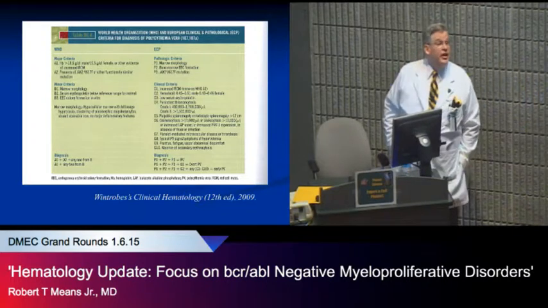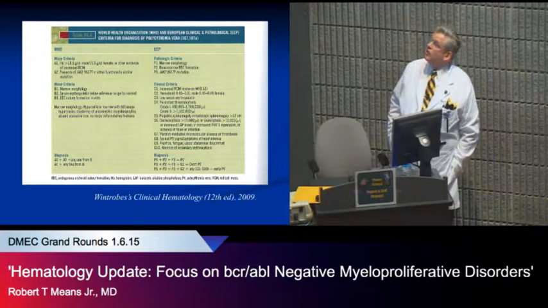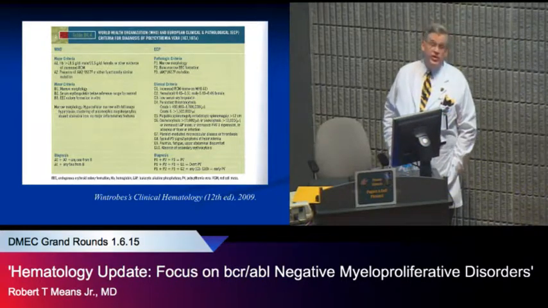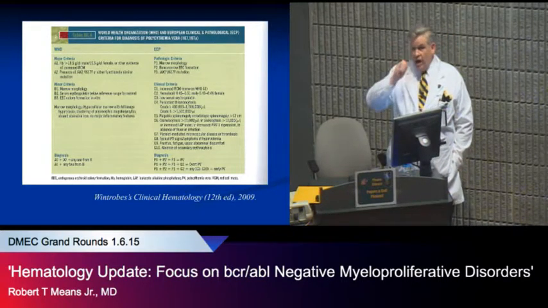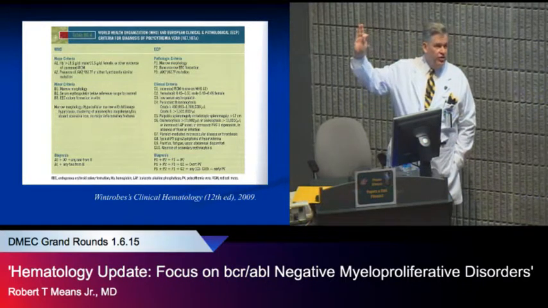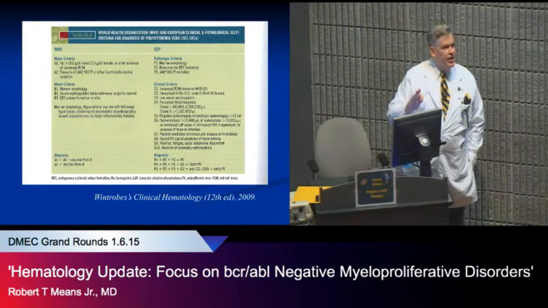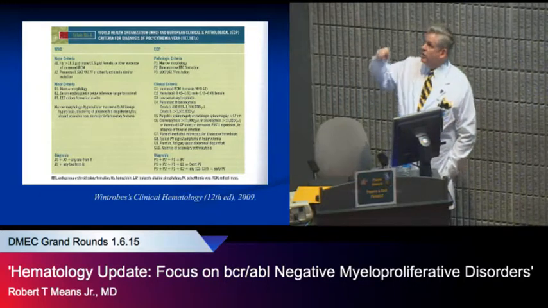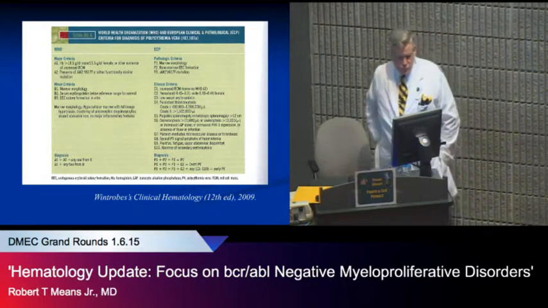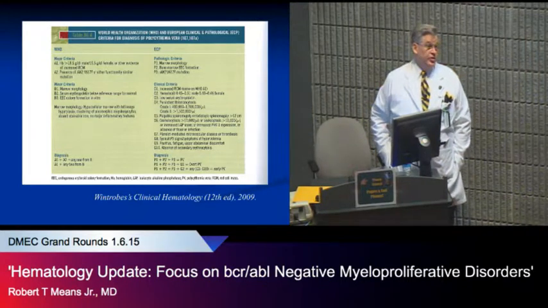And you need to have a JAK2 mutation, usually the V617F mutation, or there are other JAK2 mutations on a different exon that are associated with it. And in fact, the laboratory here in the clinic will send off for that as a reflex. You can order it as a reflex test, so that if it's negative for this, they'll go on and test the other. They also require a bone marrow to make the diagnosis of polycythemia now.